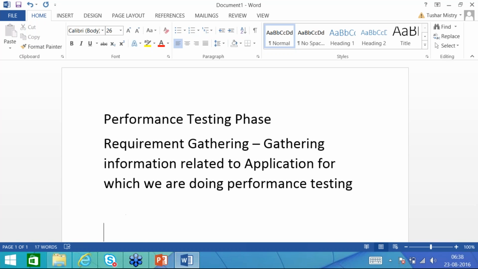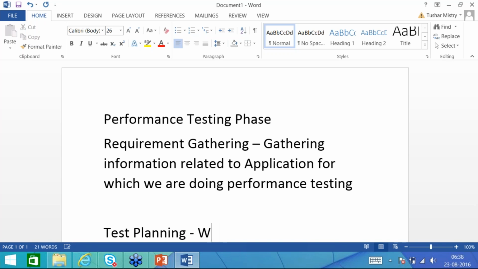Then next is test planning. So team, once we gather information about the application, we put it in a document. So that is known as test plan.